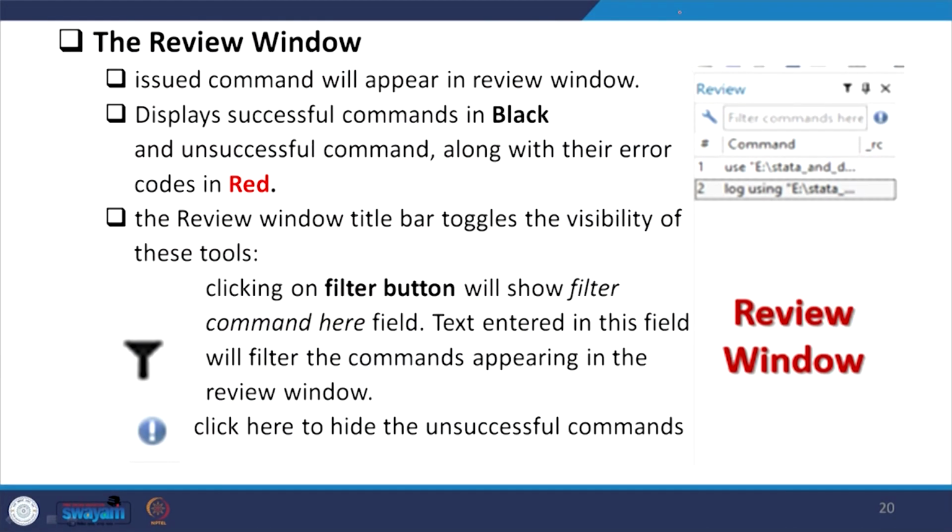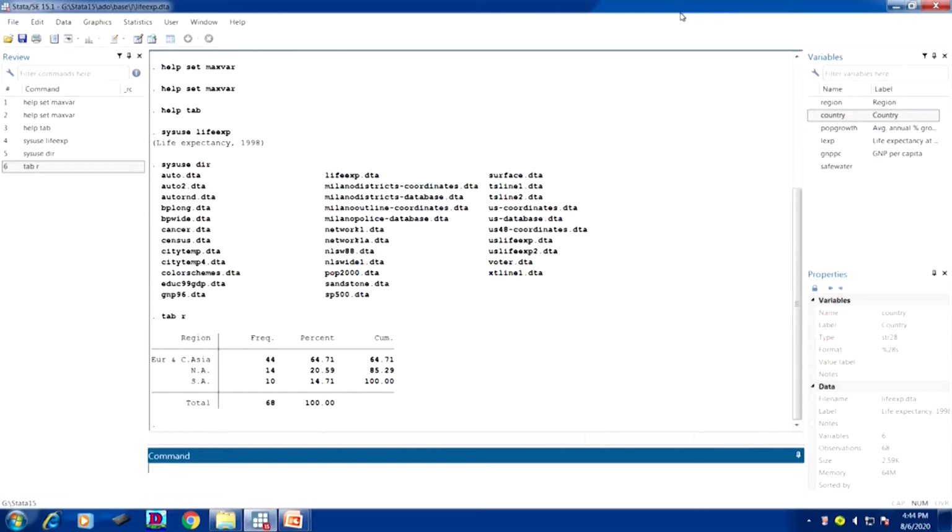Okay. Now similarly, the review window. The review window I have already shown you at the very left hand side of the screen. For example, if you have given any wrong command, it will be highlighted in red color. Okay. You will operate on your own.